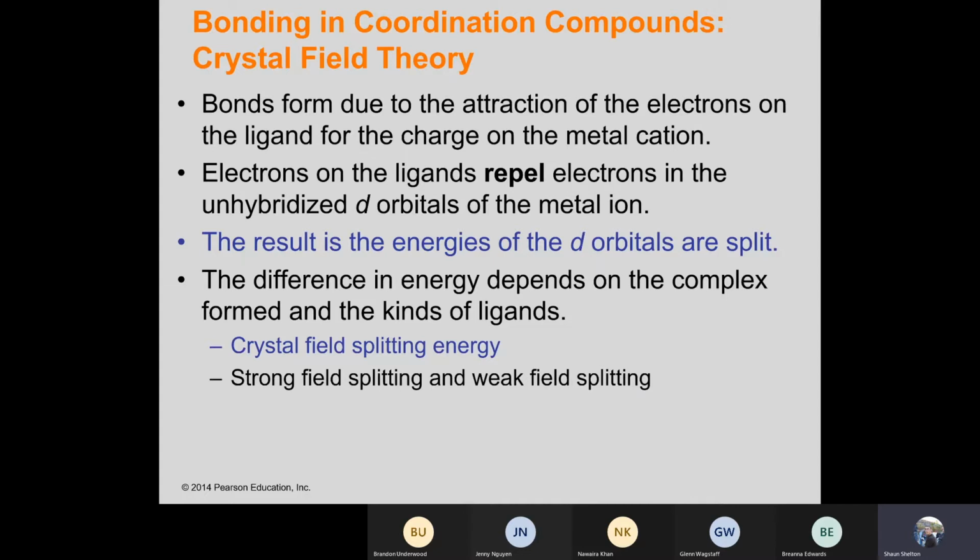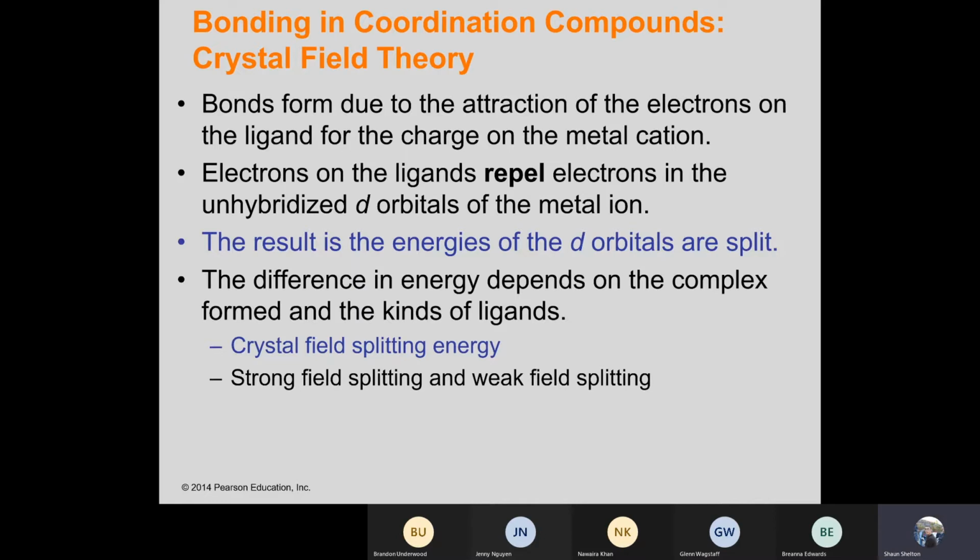But what's important is the metal's attraction to all the ligands attached to it. And keep in mind that we talked about coordination numbers 6 and 4 being the most common, and we'll see that show up here in the crystal field theory. Now, the other thing you have to keep in mind is that the electrons on the ligands repel electrons in the